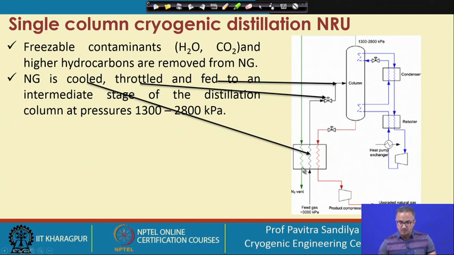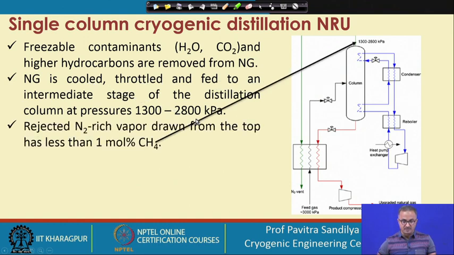So, these streams help to cool the feed natural gas, and again it is taken to an expansion valve, that is called the Joule-Thomson valve, through which ideally an isenthalpic expansion, that is constant enthalpy expansion, takes place, and because of this expansion the natural gas gets further cooled and forms two phases, which is required for the distillation, and then it goes into the column at a pressure of about 1300 to 2800 kilopascal,